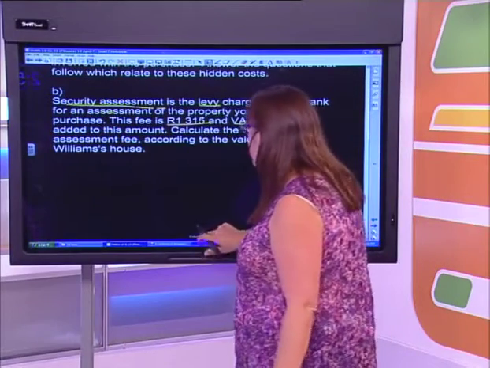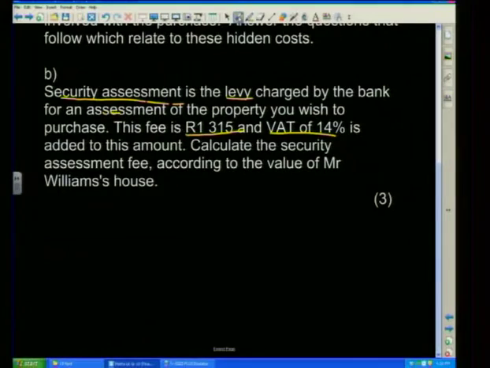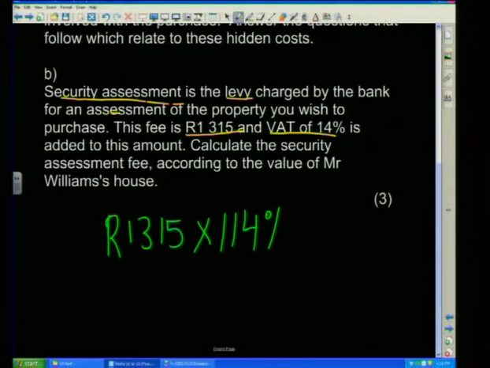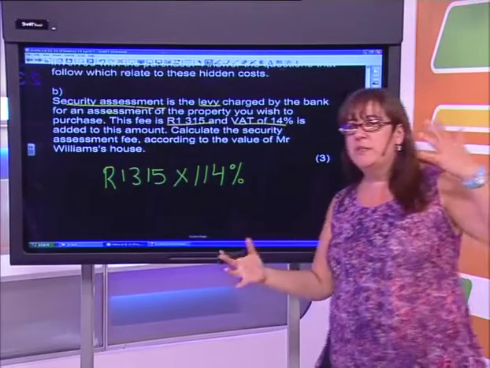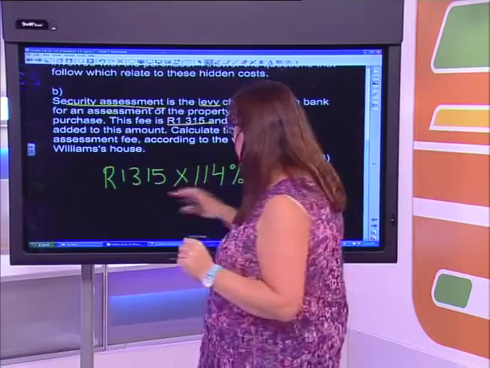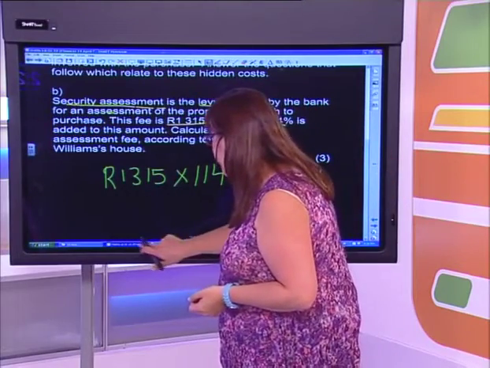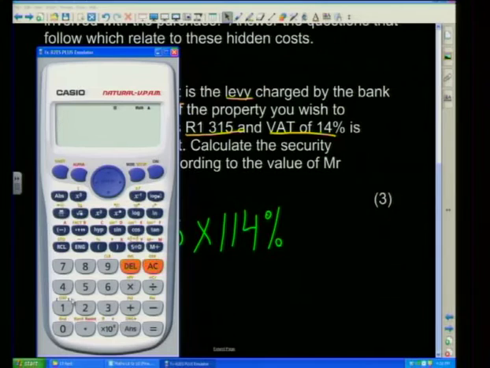So what we need to do for Mr. Williams' house is, I think I should change to green, we need to take our 1,315 and we're going to add VAT. Now I'm going to add VAT in one step by multiplying by 114%. Remember, we can do it in 2 steps, but we've done those skills before, so I'm going to do it in 1 step. I find it easier. So it was 1,315 times by 114%, and we get our answer of